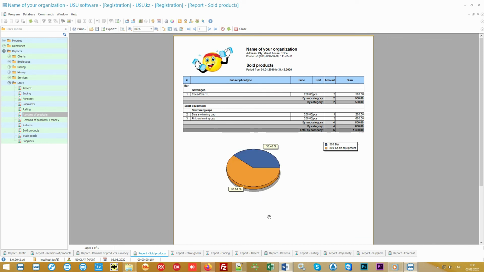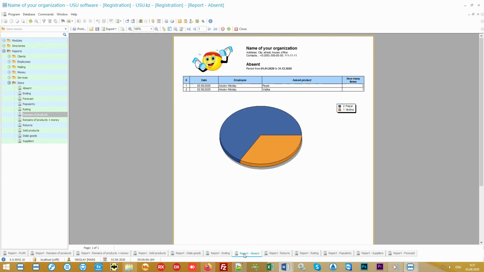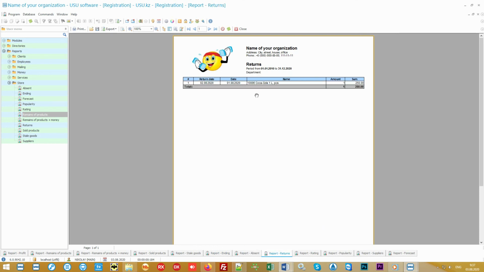You can see the stale goods that are not being sold. The program may remind you in a separate registry that the product ends, so that you do not lose money, for example, if some popular product unexpectedly ends. Moreover, you can even note that customers asked for some product you do not have. If it's often asked, you can purchase and earn extra on the identified demand. And what is often returned is a dubious product, which is also easy to identify by analyzing returns.